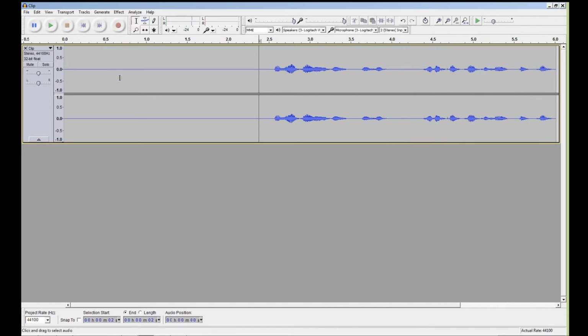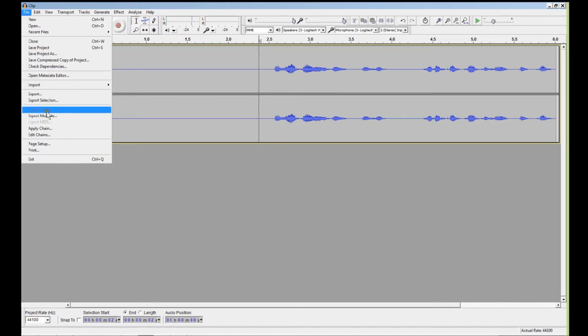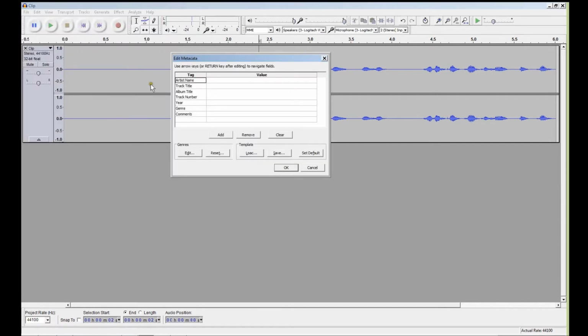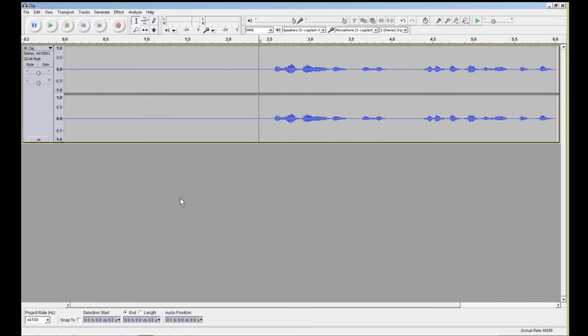So that's it. After that, you just export the WAV file. We don't need to fill out any of this. Export it, and then you go to